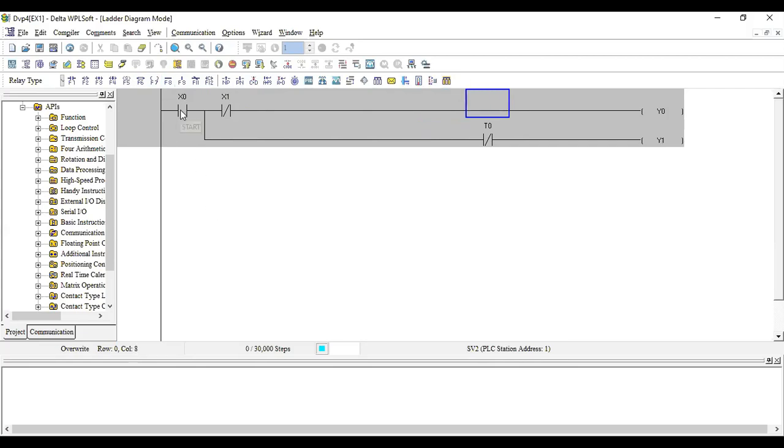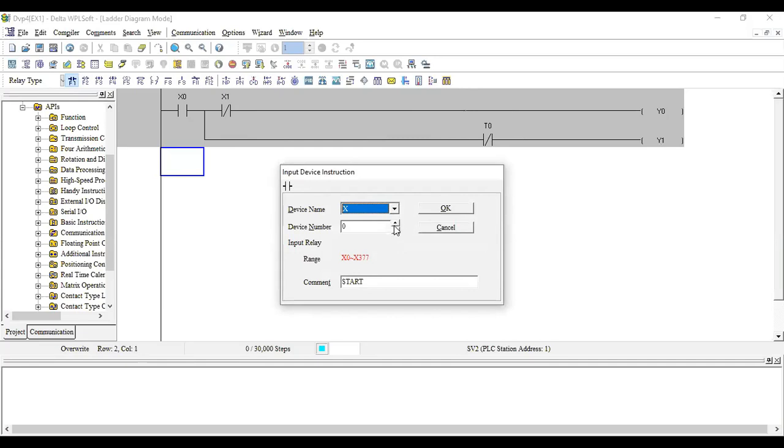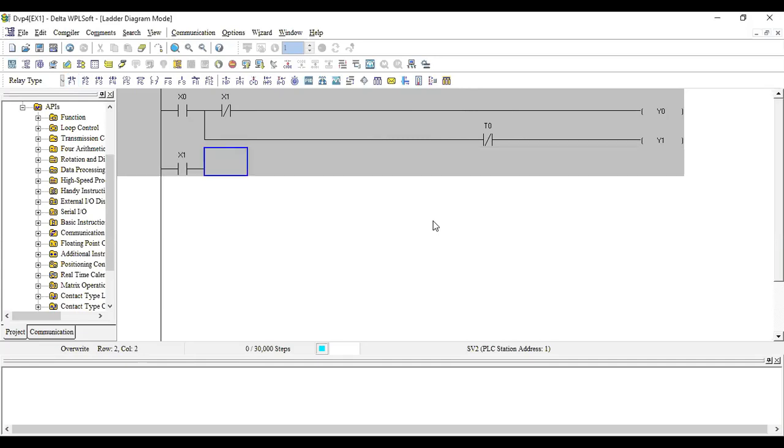So this is my start button, this is my stop button, and this is my heater, and this is my stirrer. Fine. Now I'll go for the second rung. I've added a stop button here. Fine. And I'm going to initialize my timer. So I have to go to application instructions.